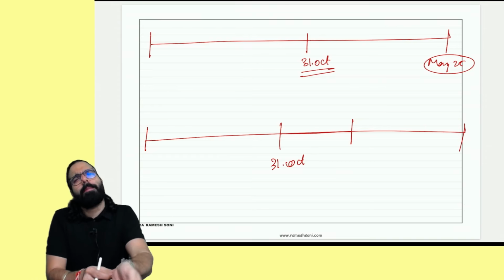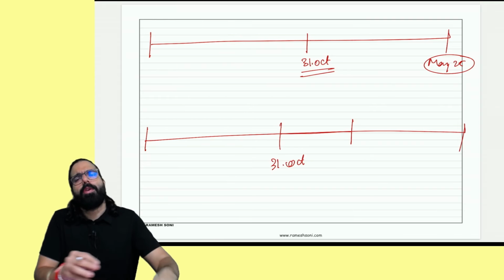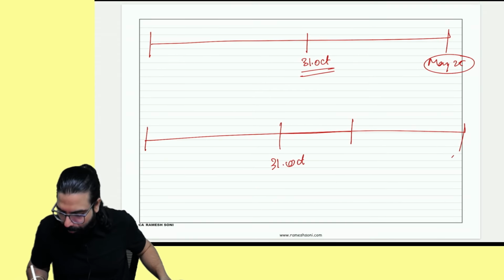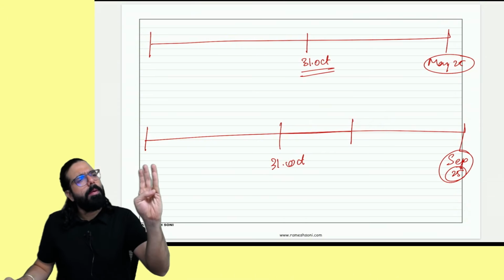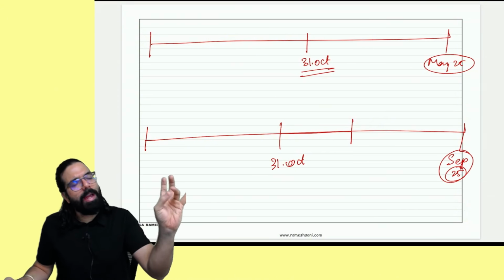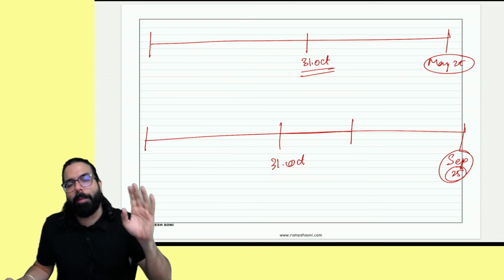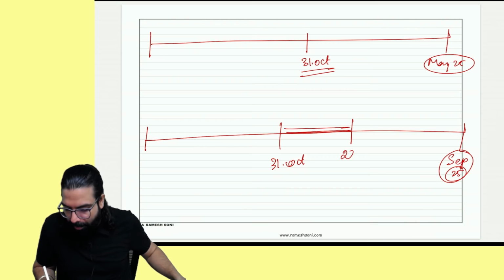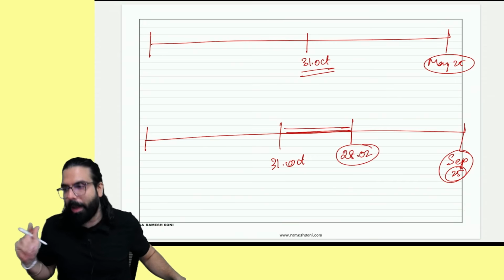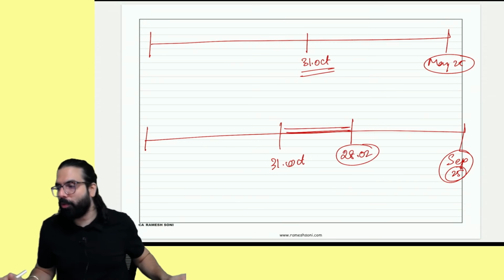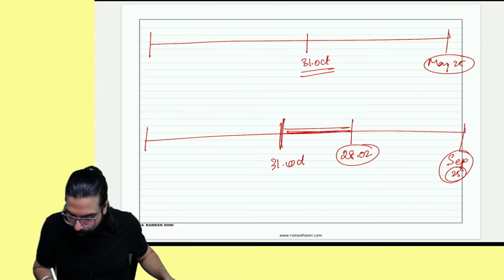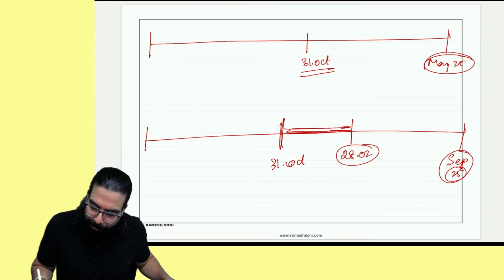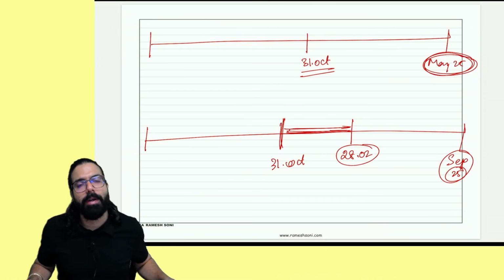Now, if you look at the September 25 exam, the 6 months of March, April, May, June, July, August are not applicable. Prior to that, it is applicable. So from 31st of October till 28th of February, whatever amendments have happened, the May 25 ones are already covered earlier.